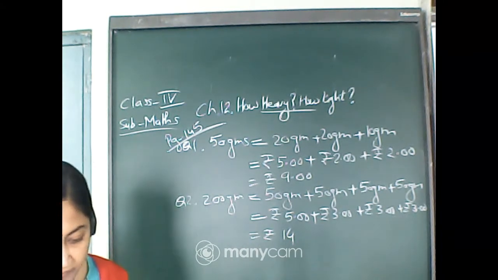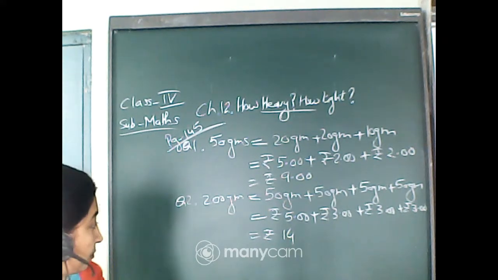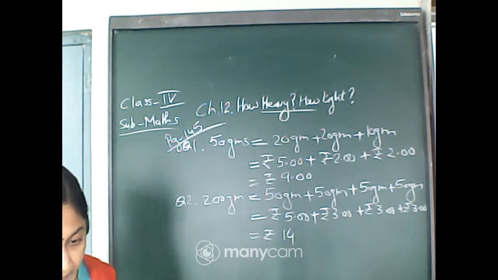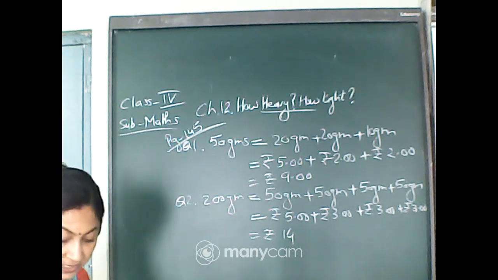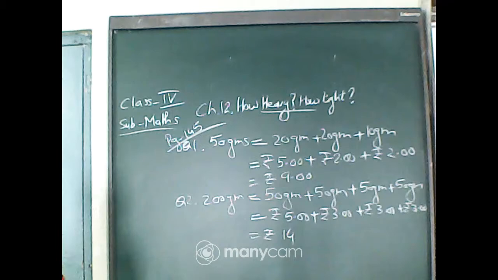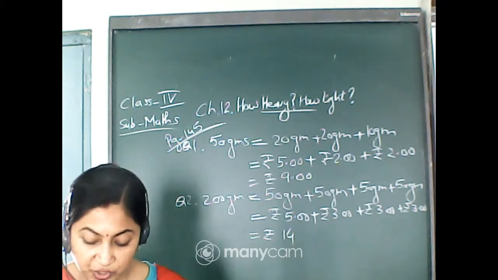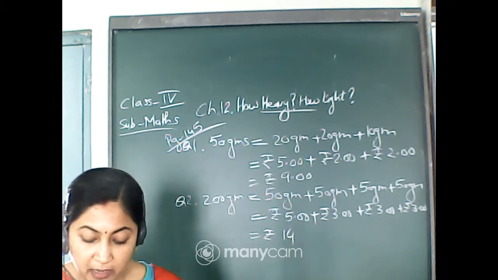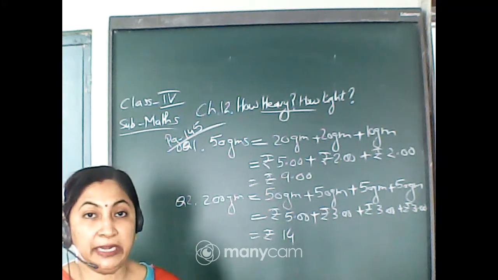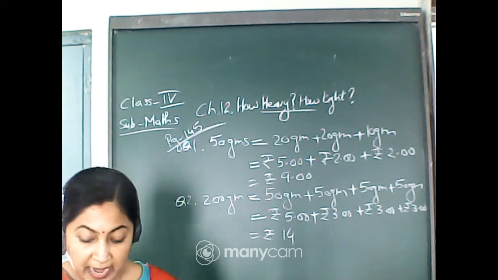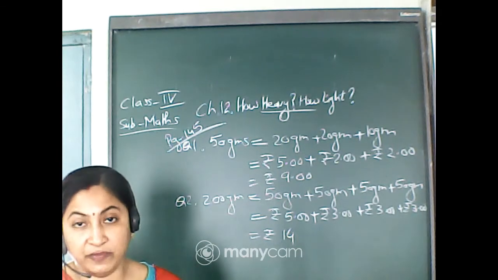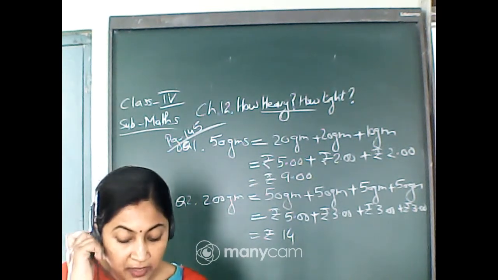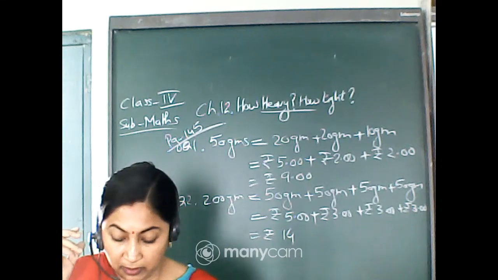The board is clear to everyone? Okay, now change the page. Come to page 146, question number 3. Read the weight shown in the picture. Find out the cost of sending a parcel of that weight. Now you have to send a parcel as shown, and you have to find out the cost of the stamp. Now quickly read the weight given in the picture.